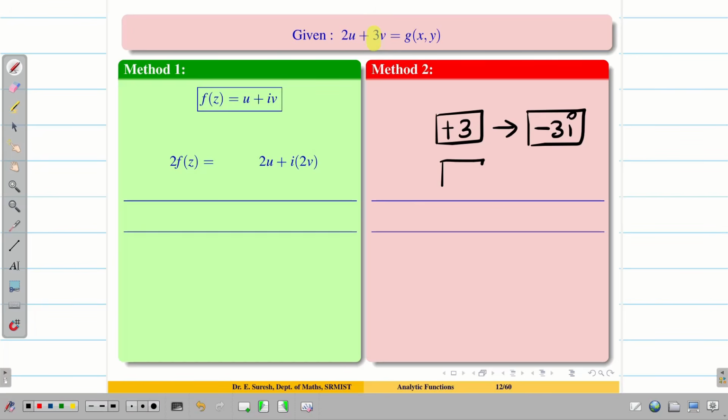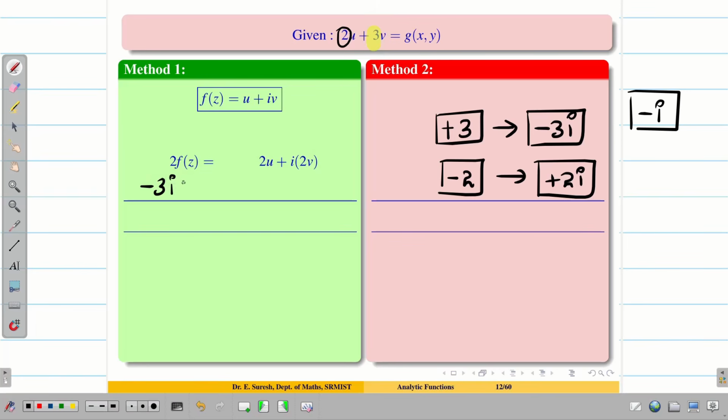Suppose the coefficient of v is minus 2, then you have to take plus 2i. So for u, you take the number as it is. For v, you have to multiply the number with minus i. This is the idea. So now minus 3i into f of z, we get minus 3iu,